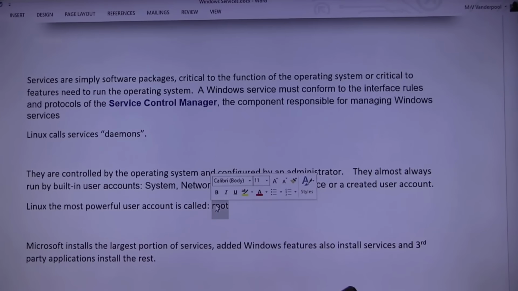So if you're on Linux and you are logged on with root rights, you can do anything in Linux. If you're logged on with system, you can do anything.